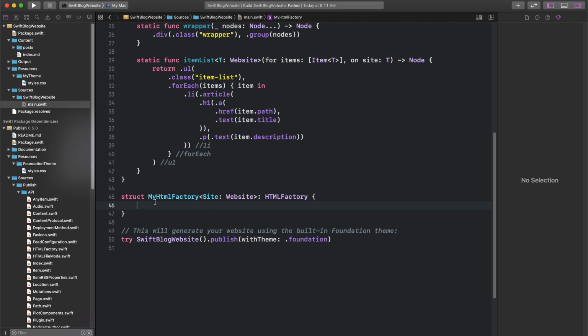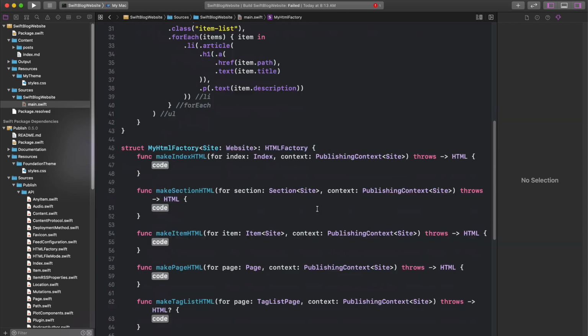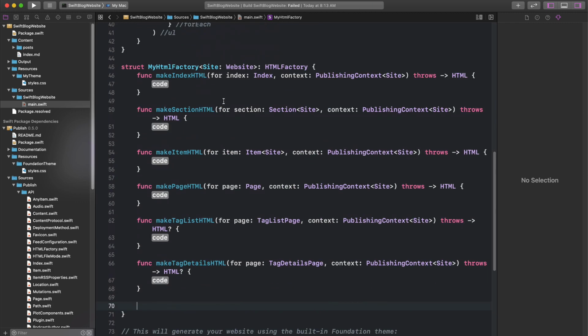All right, so as you can see, we created my HTML factory. It's a generic object which takes in a site which must conform to website. If we go ahead and do Command R, we should get an error. And this is going to be because we haven't implemented all the different methods that are required by the HTML factory. Let's go ahead and make sure that we fix that,